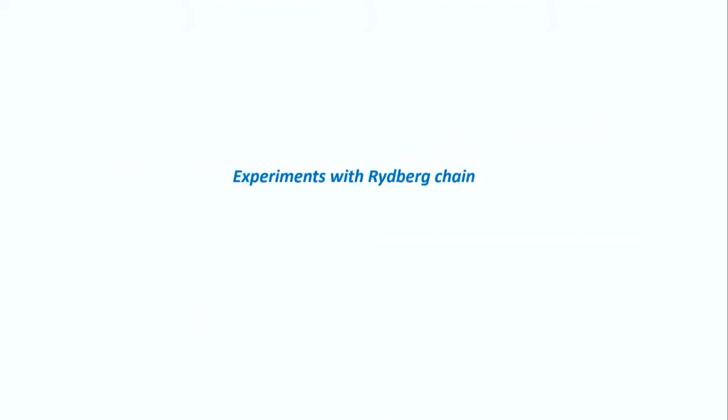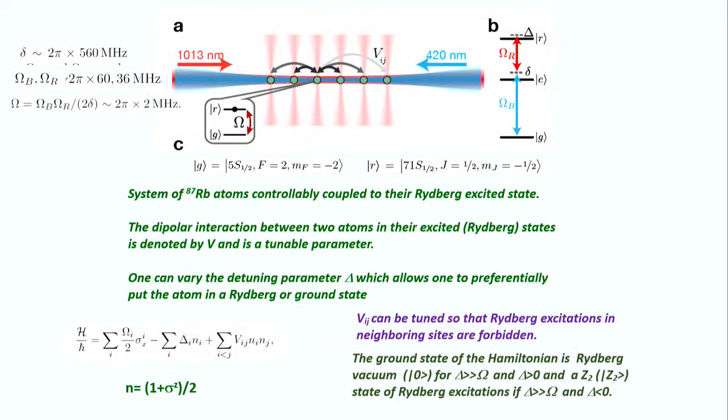Okay, so now let me come to the topic of experiments with Rydberg atoms. So this is another class of atoms which has become very popular in recent years for generating strong correlation, and the reason for this is, let me first explain the system. So essentially you again have these 87 rubidium atoms, but now you pump in with 2 different lasers with these frequencies, and essentially it generates a coupling between an excited state which is R, which is a really high state of this 87 rubidium atom,